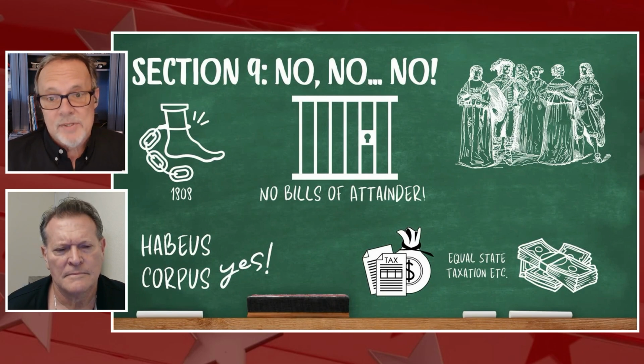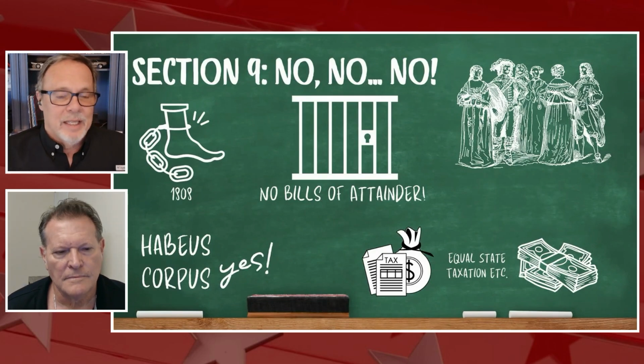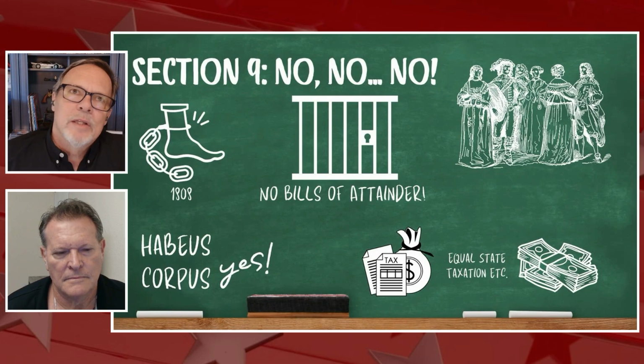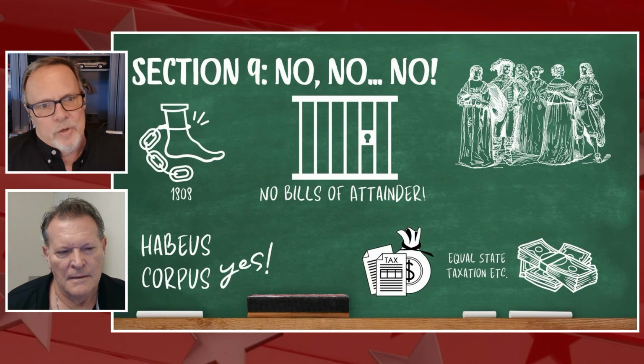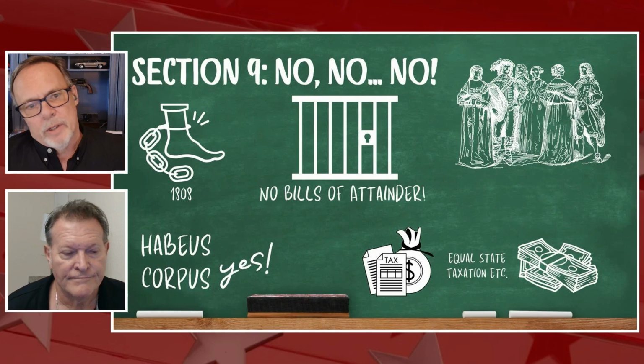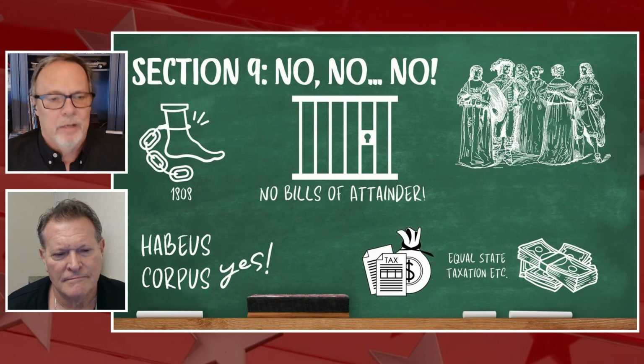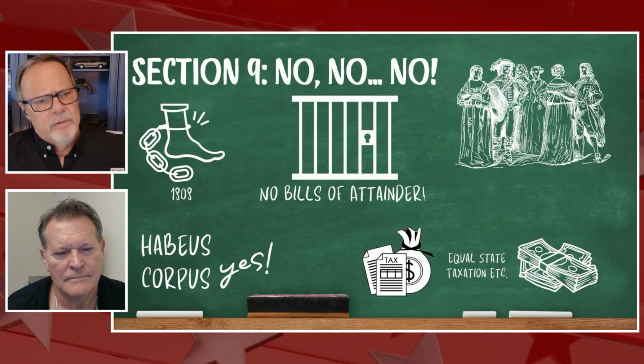Kind of a similar concept with another unusual word, no bills of attainder. And that basically says, hey, Congress can't create laws that say if you do something, you're immediately guilty and will go straight to jail without a trial. They can't say, hey, anyone who has ever run through Central Park covered in cream cheese is guilty and weird and should be jailed immediately. You have to have due process. You have to have a trial. You have to have all of that stuff. So really kind of a double protection over individual rights of the government overreaching and getting out of control.